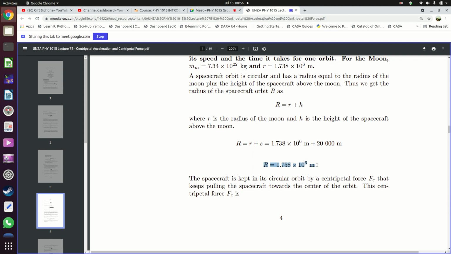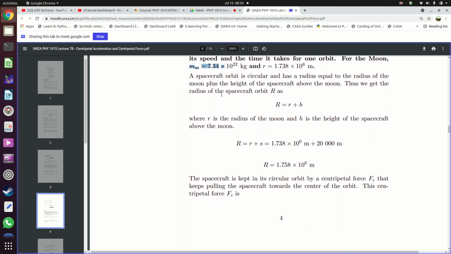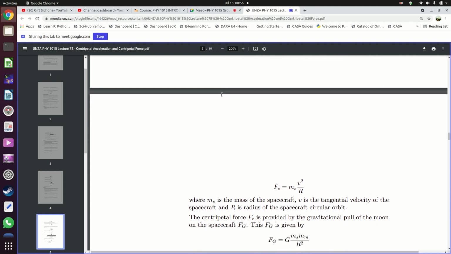Now we know the radius. We don't know the mass of the spacecraft. Usually the mass is not very important. However, we know the mass of the moon, which is that. Next, with that radius, we can find out